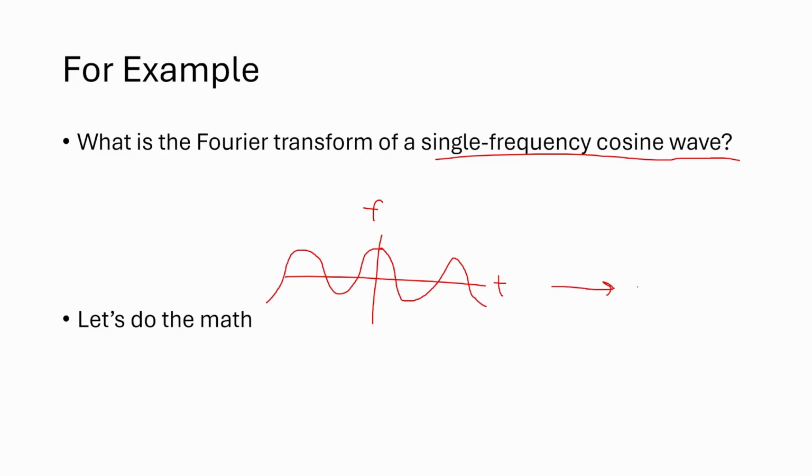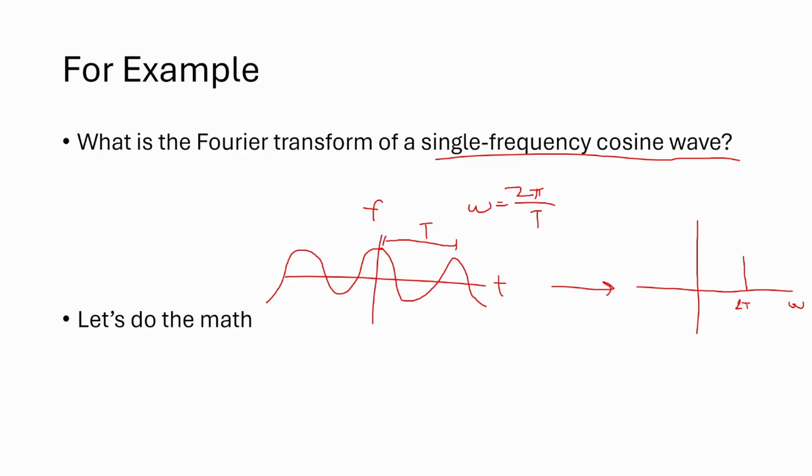Well, what are the frequencies in this thing? There's only one, really. If this is my period T, then the frequency is 2 pi over T. That's kind of the definition of a cosine: it's a wave that keeps waving the same way forever and ever, and that frequency never changes. So as a result, the Fourier transform of this thing is just going to be